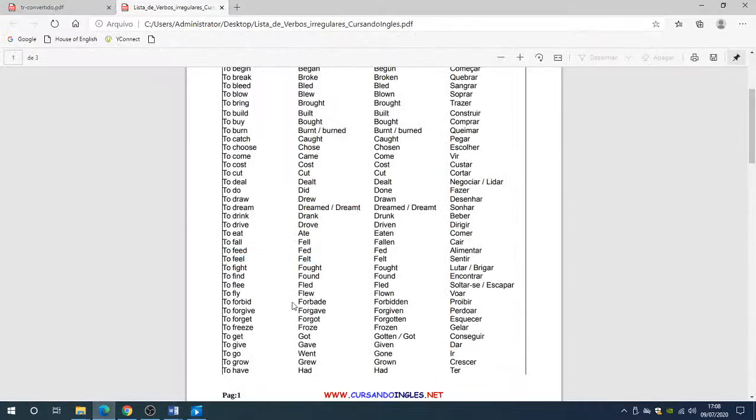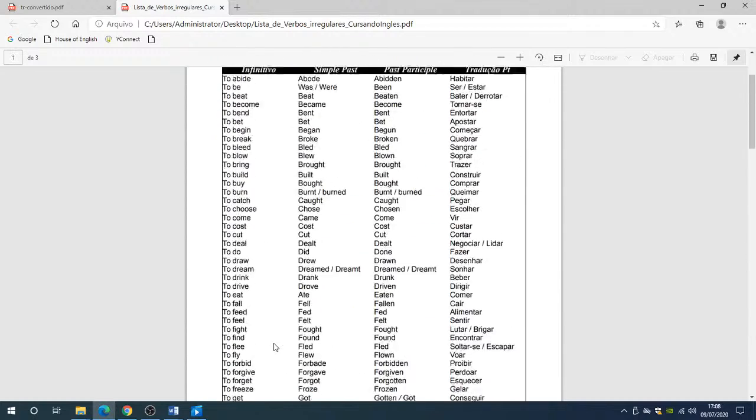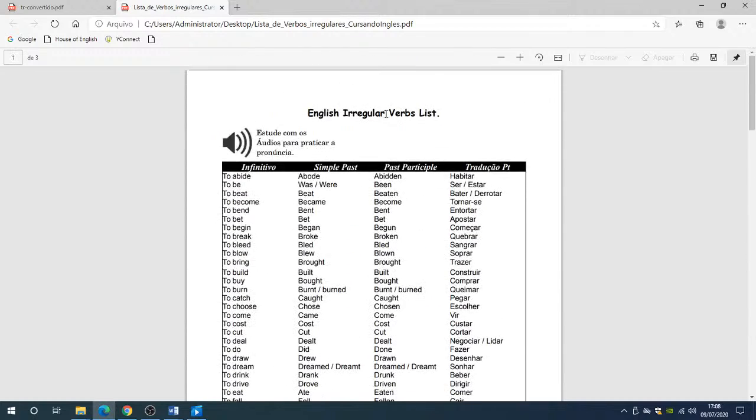São os verbos que não estão nessa lista, tá? Se não está nessa lista, é um verbo regular, com R de rato. Porque quem está aqui são os verbos irregulares, com i de igreja. Então venho aqui